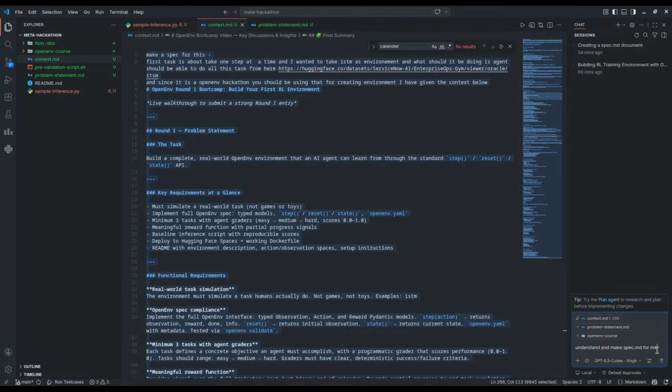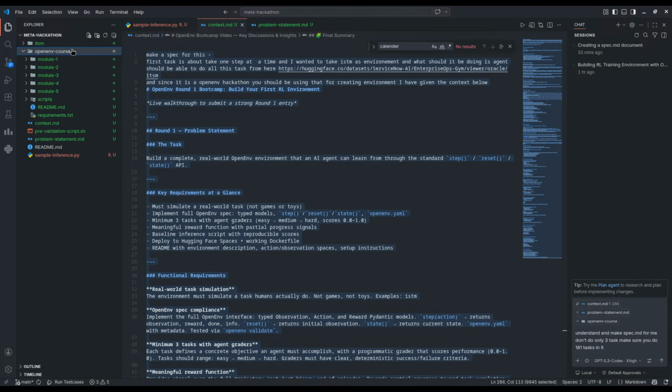Okay. Don't do only three tasks. Make sure it can be able to do 181 tasks in it.